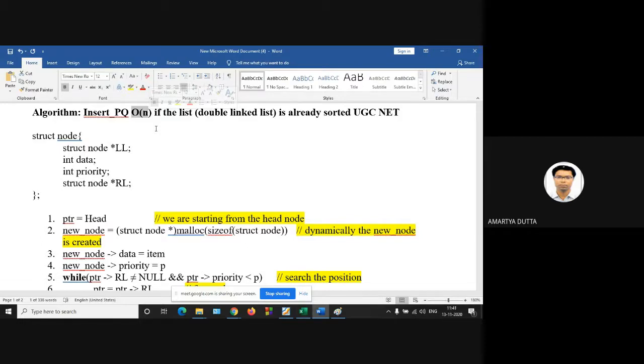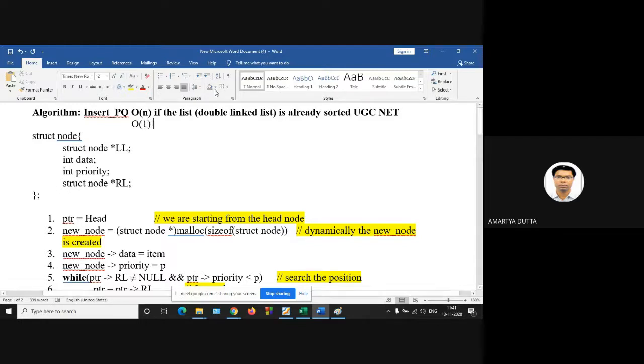But for insertion, for a sorted array it will take order of n. For an unsorted array, it will take order of 1.